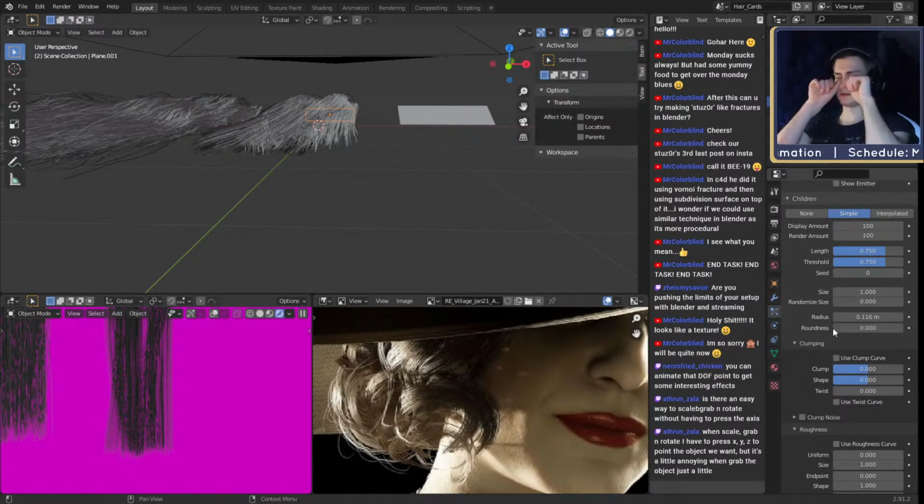So simple children hair particles work like you have a parent particle, and then the simple particles are emitted in a radius around that parent particle. Interpolated hair particles are just scattered all over the emitter plane, and they take over the shape of the parent hair closest to them.